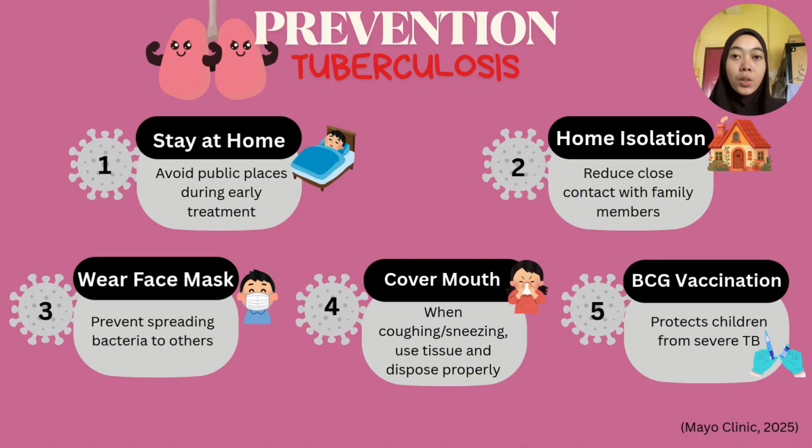Lastly, vaccination is also important. Infants are commonly given the BCG vaccine to protect them against severe forms of tuberculosis, especially TB affecting the brain and spinal cord. In conclusion, practicing proper preventive measures is very important to reduce the spread of TB and protect